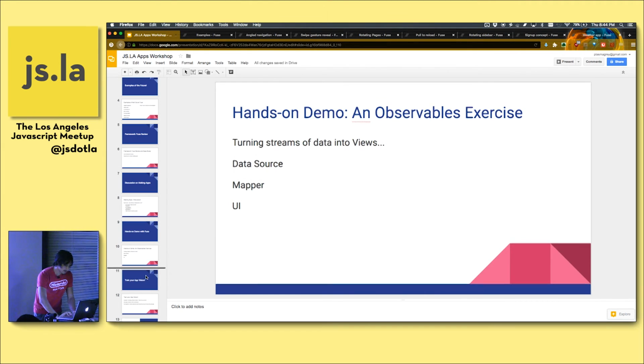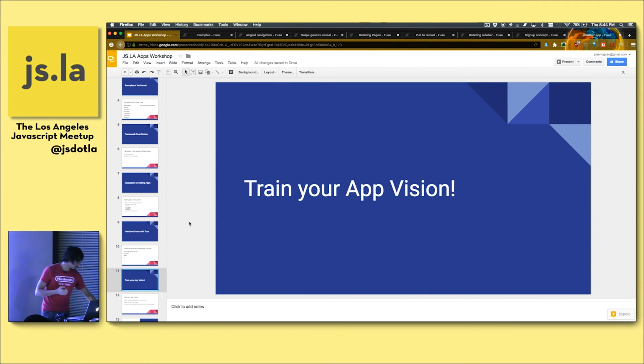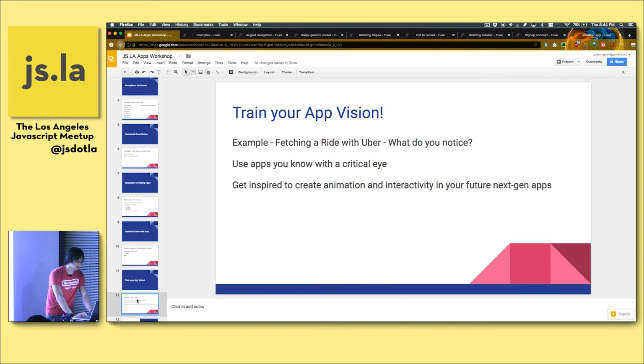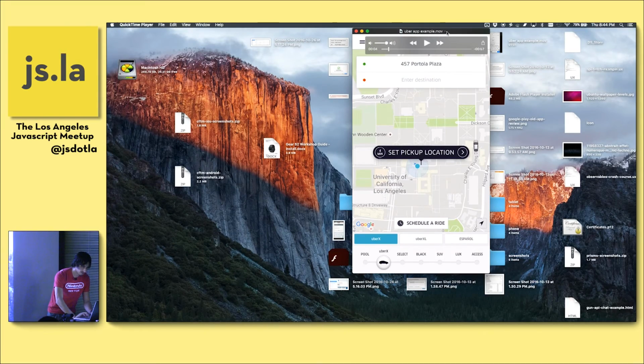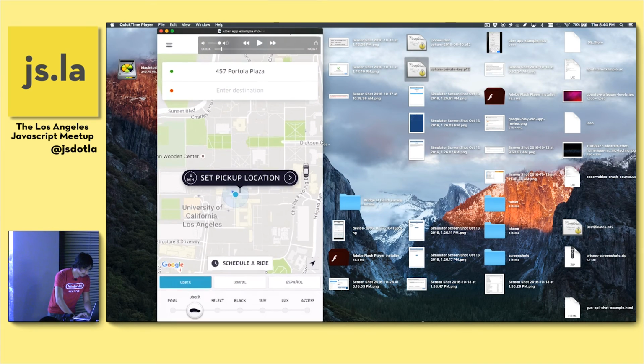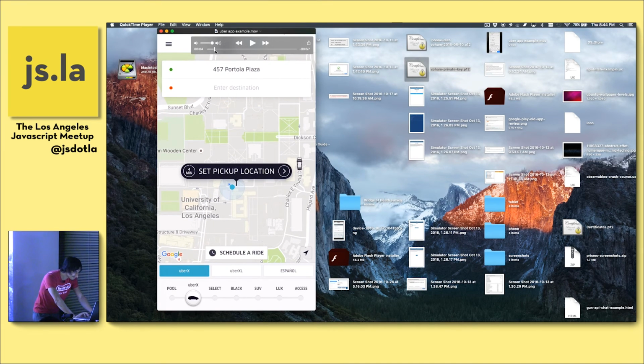Okay. So what I wanted to end with, because a framework like this has a lot of ways to enhance animation, add a lot of interesting things that you may not notice before when you're creating an app. Being able to observe those things and see what effects they have when you're using an app improves the experience overall, even if it's really subtle. So I have an example of fetching a ride with Uber. And I apologize to the poor Uber driver who I had to cancel on for this example. But so this was a ride at UCLA.